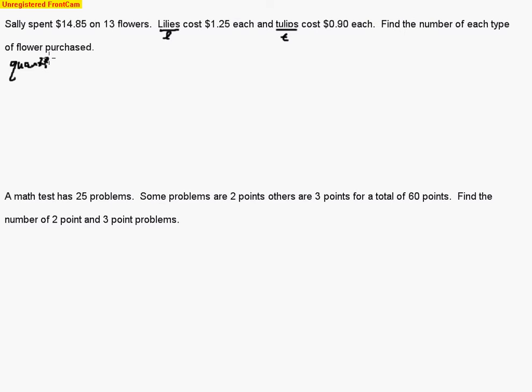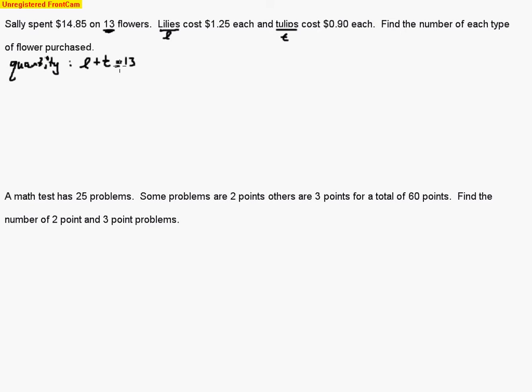And the quantity of flowers is 13 altogether. And so the way we do that is we start with our assigned variable, L for lilies, plus the T for tulips. So the number of lilies plus the number of tulips equals the total number of flowers we have altogether,